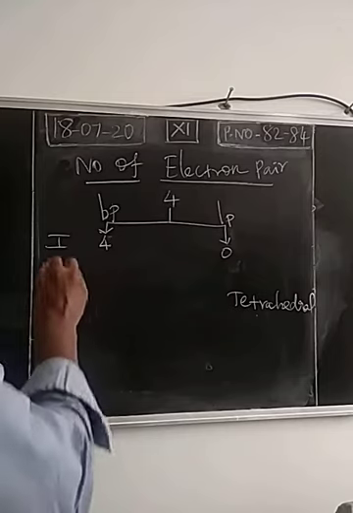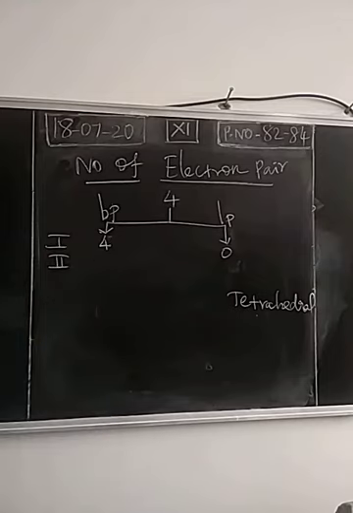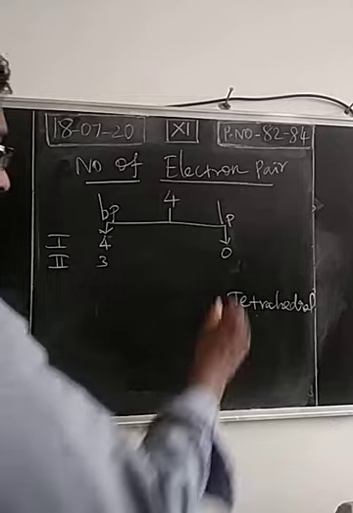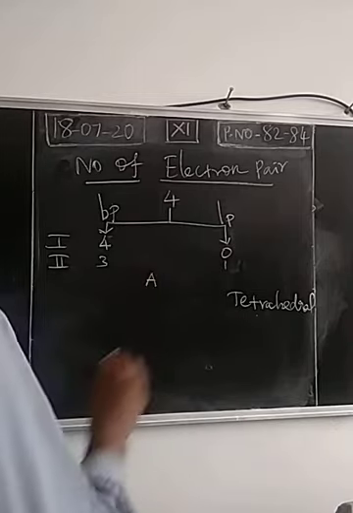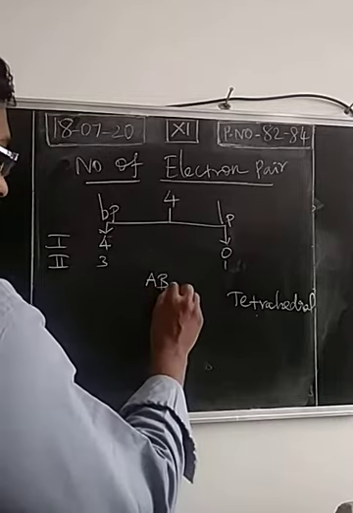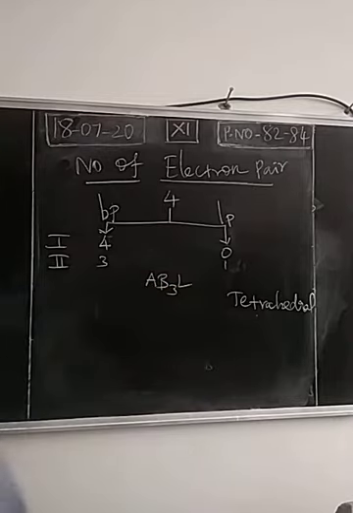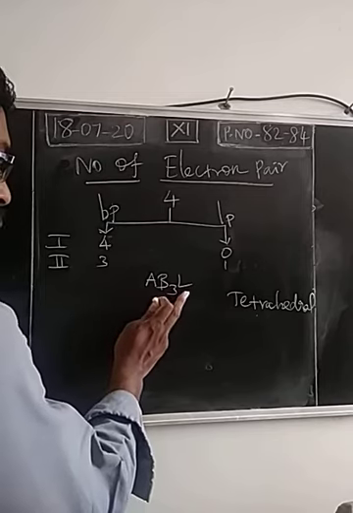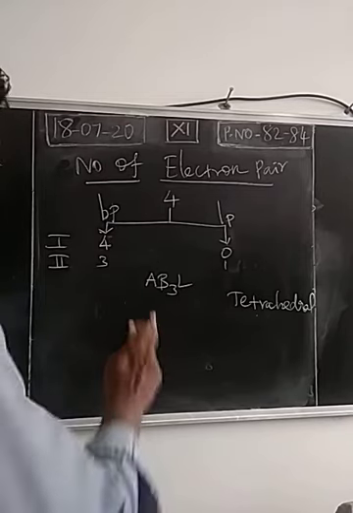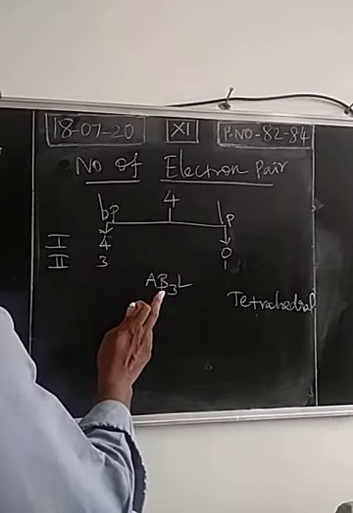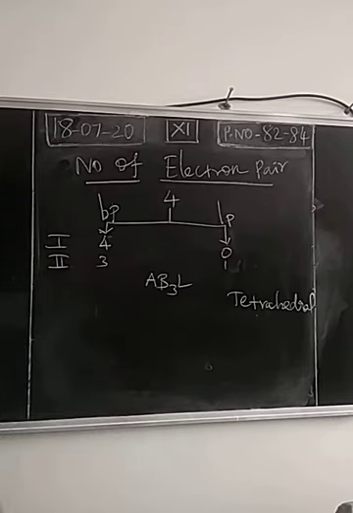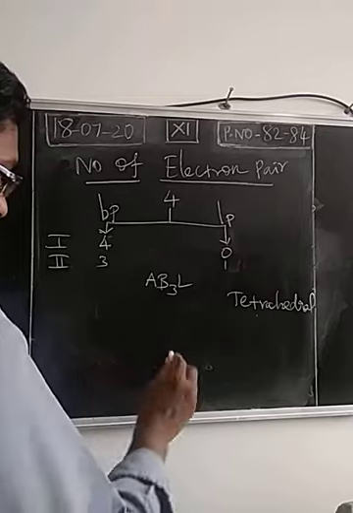Another possibility, out of 4 electron pairs, 3 pairs can be present in the form of bonded pairs, 1 can be present in the form of a lone pair. So formula will be rearranged as AB3L. So 3 combining atoms and 1 lone pair of electrons. Central atom has only 1 lone pair of electrons, and the remaining 3 pairs of electrons present as bonded pairs of electrons.